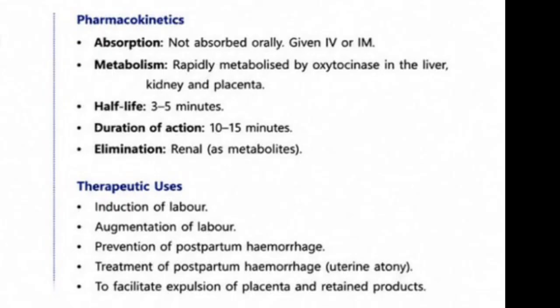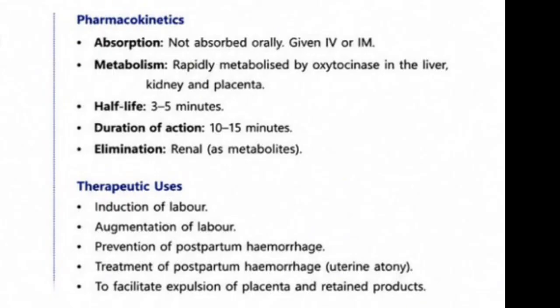When the woman is giving birth, maybe there's no strength, the pelvic floor muscles are not firing very well, they are not contracting very well, so they give the woman Pitocin. So what does oxytocin or Pitocin do? They induce labor by causing contractions. They also augment labor, which means that as the woman is pushing, it also helps her. It also helps prevent postpartum hemorrhage, which I have said already, by contracting the